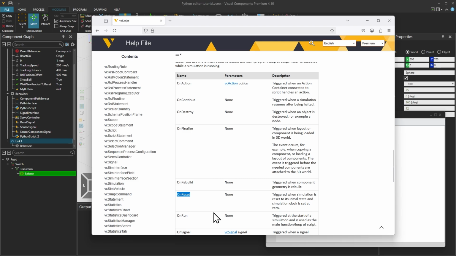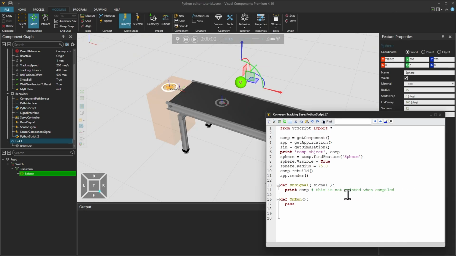For example, on start is called in the very beginning of simulation start. To prove that, let's add the onStart function to our script. The order of the functions in the script is not important, but for clarity, we can add it before the onRun. Let's then print SimStarted in the onStart function.